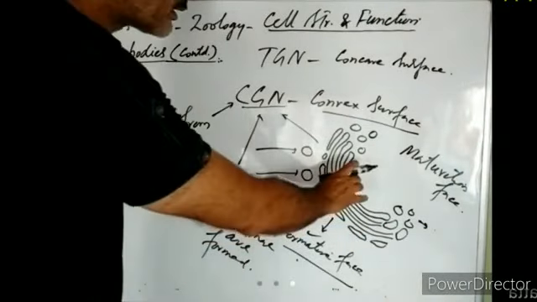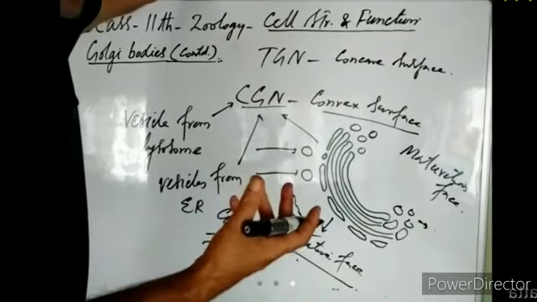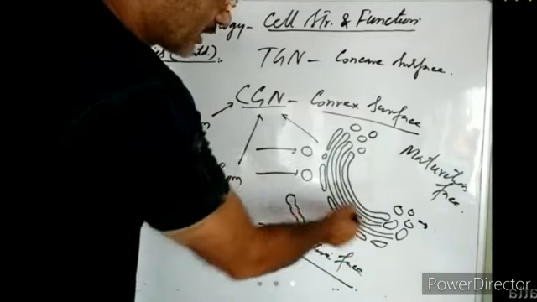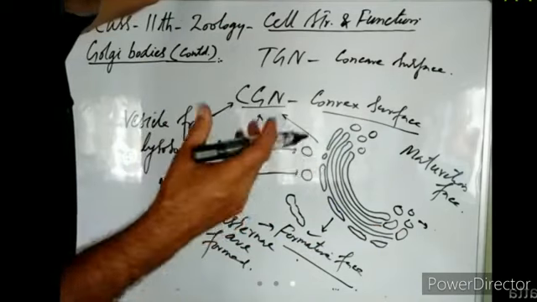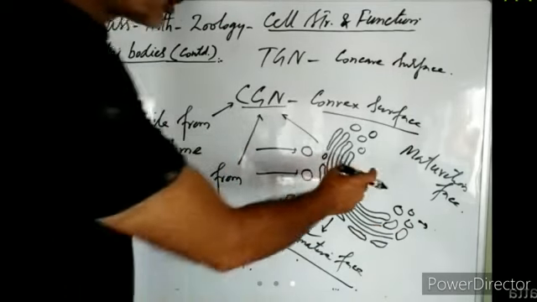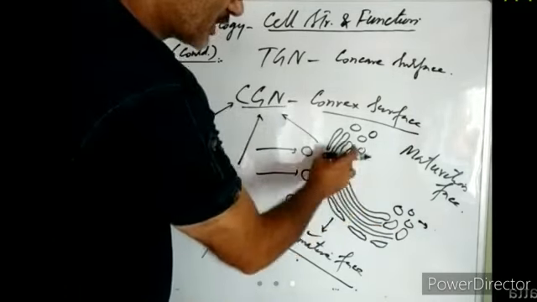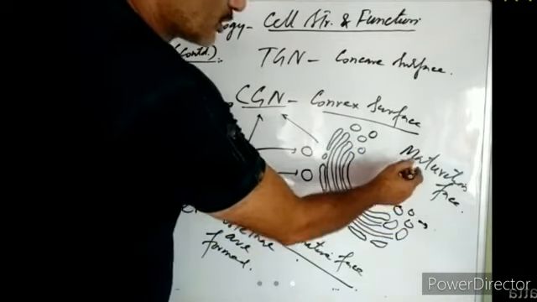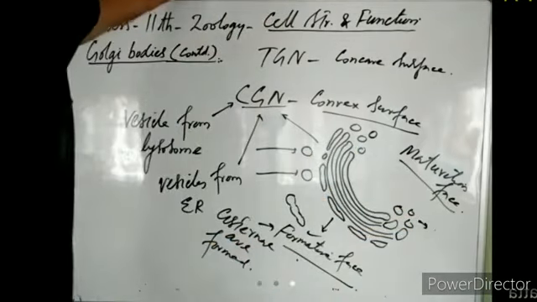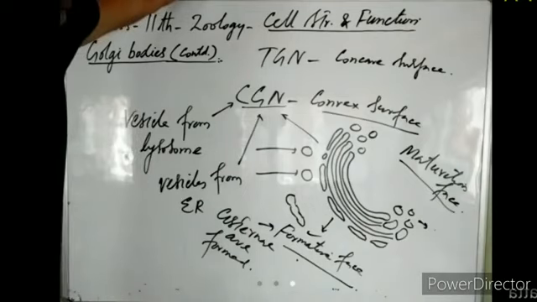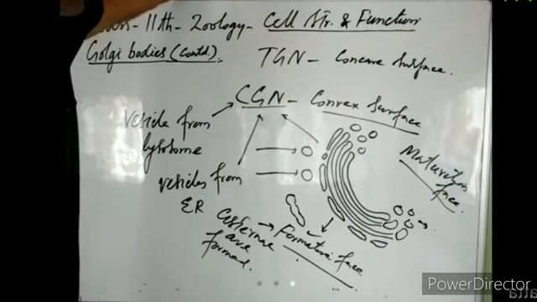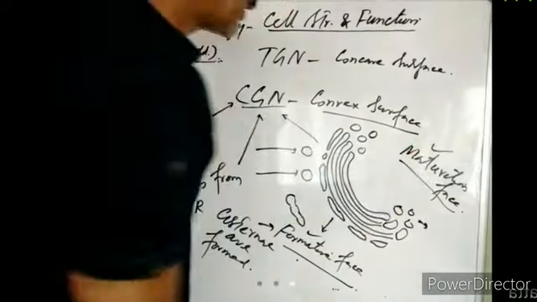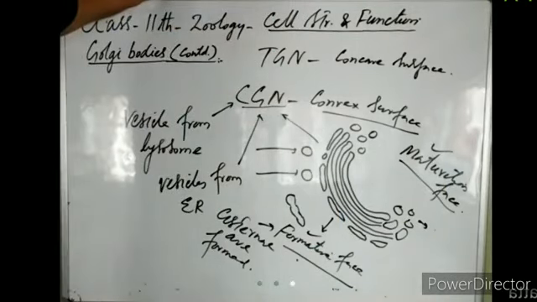So on this side, the cisternae are reduced in size. On the other side, cisternae enlarge in size; they are being formed. On this side, the cisternae slowly break into small vesicles, right? So the size of the cisternae decreases by forming vesicles. For that reason, we call it the maturation phase, because on this side the Golgi produces fluid-filled vesicles, which are meant for transport of materials out of the cell or into the cytoplasm of the cell.